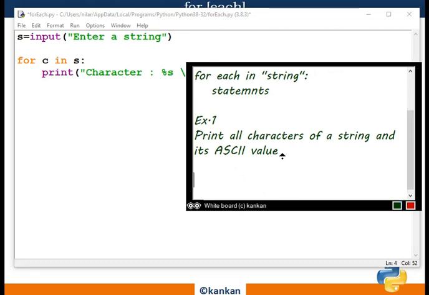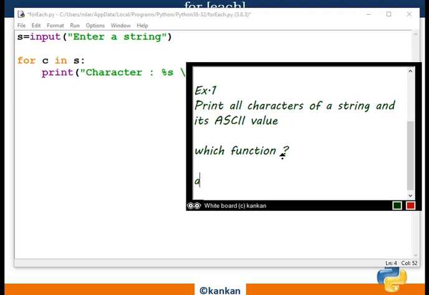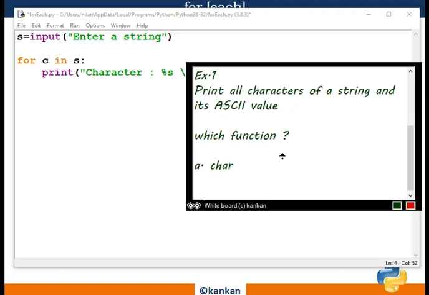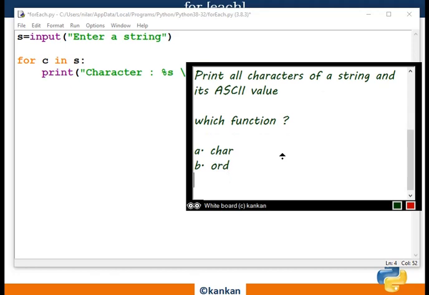Which function will be used? CHR or ORD function?